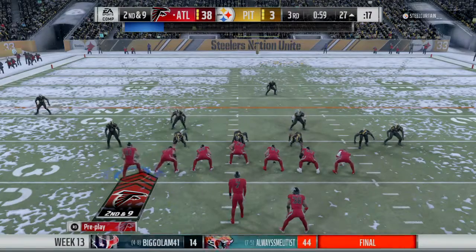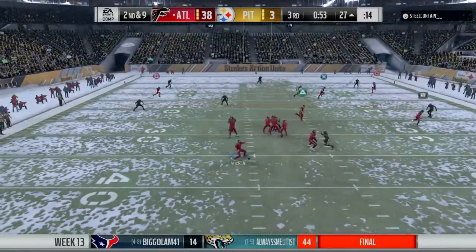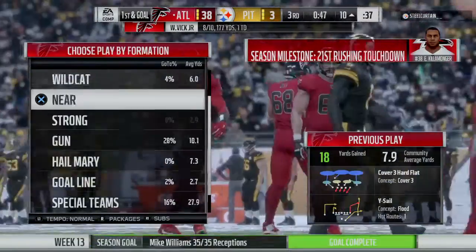All right, here we go. Little motion now from the tight end. No. Check. Patriot. Now a shotgun snap as they'll look to throw. It's caught on the right side. Williams. 18 yards there, and it'll be a first and...